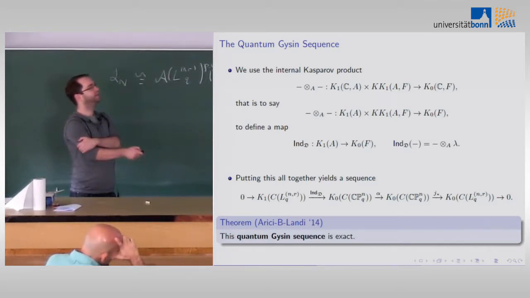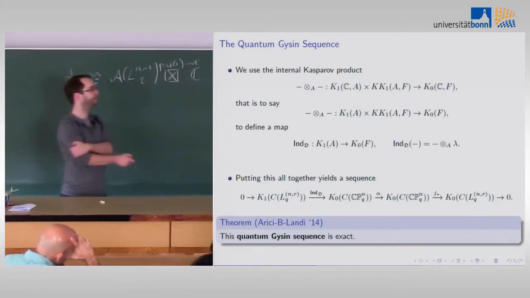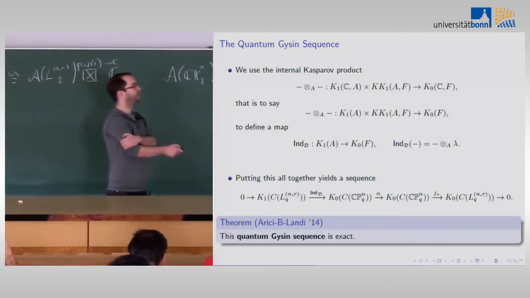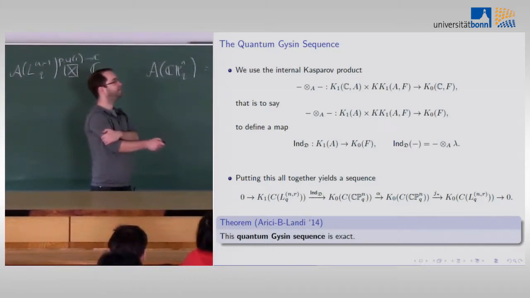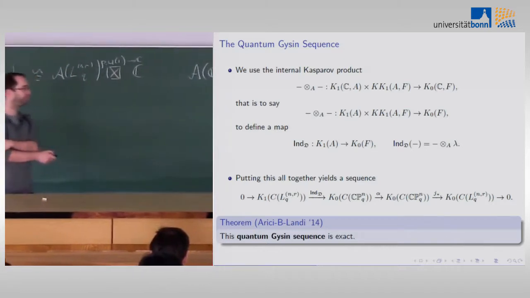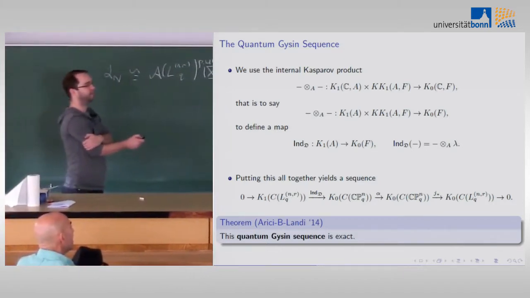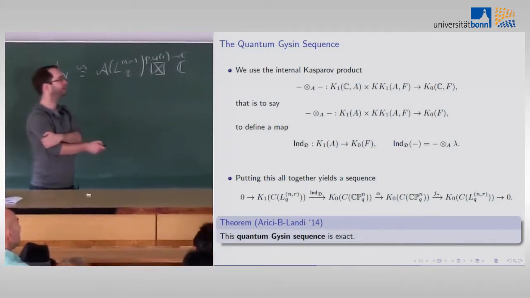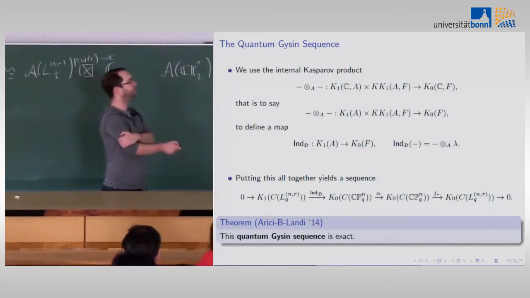So KK1 of CA is just the odd K theory of A, and KK0 of CF is the even K theory of F. And this allows me to define a map from K1 of A to K0 of F just by taking the product with this element lambda. So those of you who know this stuff backwards can wake up again now. So this gives me a map just by taking the product of this class lambda, going from K1 of A